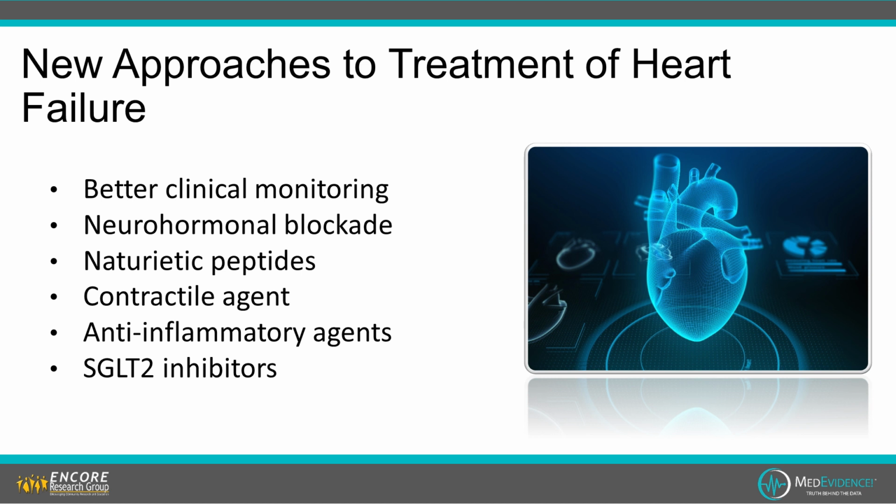The natriuretic peptides are naturally occurring chemicals that help your kidneys get rid of that extra fluid. As mentioned, for systolic dysfunction, there's a weakness of the heart muscle. So we're interested in using contractile agents. The one that we have on the market now that's been around for a long time is digoxin. And we recently have another one that can help with contractility that is super expensive, $100,000 a year, so it's really not practical for most patients. But we're trying to come up with better ideas to help the heart muscle contract better.